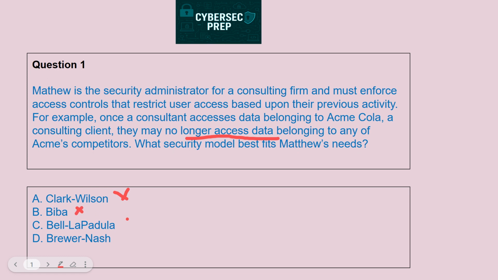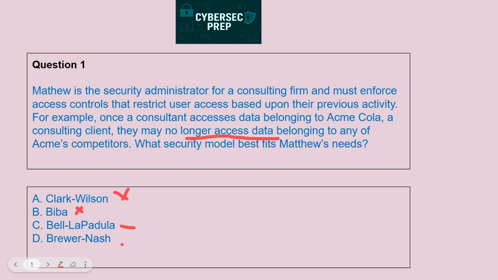Now let's talk about the Bella Padula model. The Bella Padula model focuses on confidentiality. That is okay because it prevents unauthorized disclosure. So it has the concept of no read up, no write down, which means that whatever level of role you are at in your company, you cannot read the documents or information above your level, and you cannot write anything or modify anything below your level. So that prevents unauthorized disclosure, and it is used mostly in military classified government systems. For now, let's park this